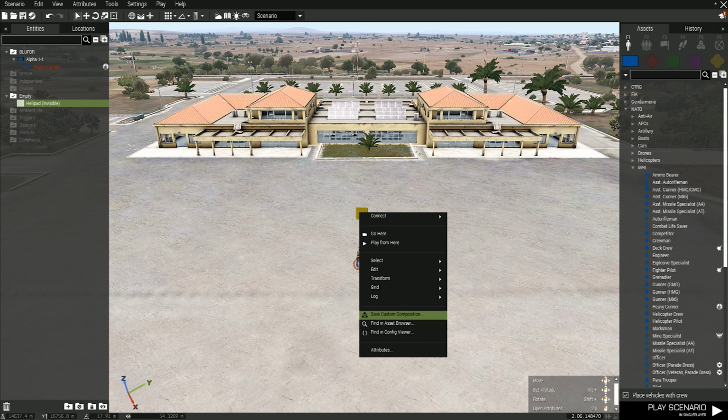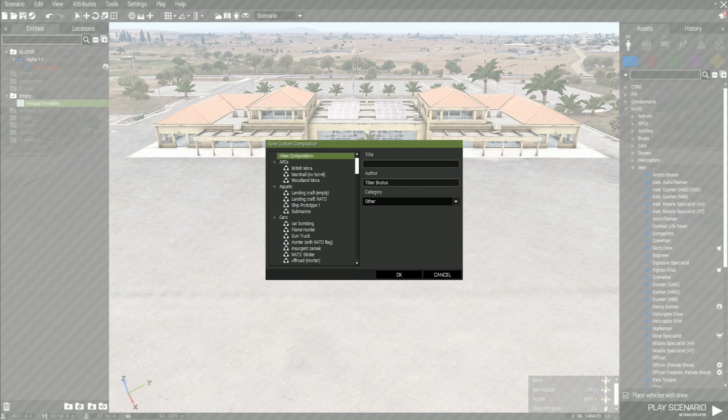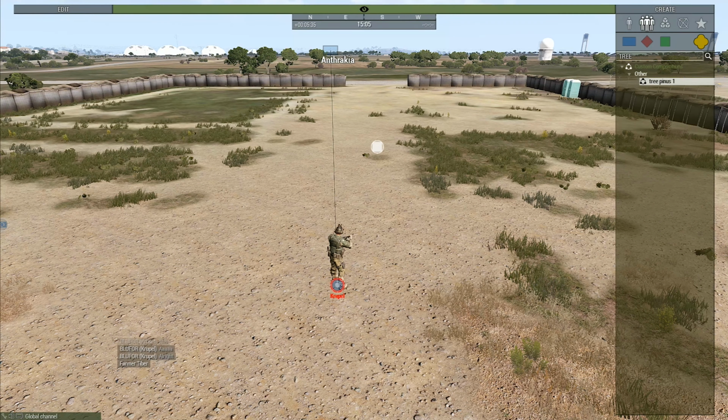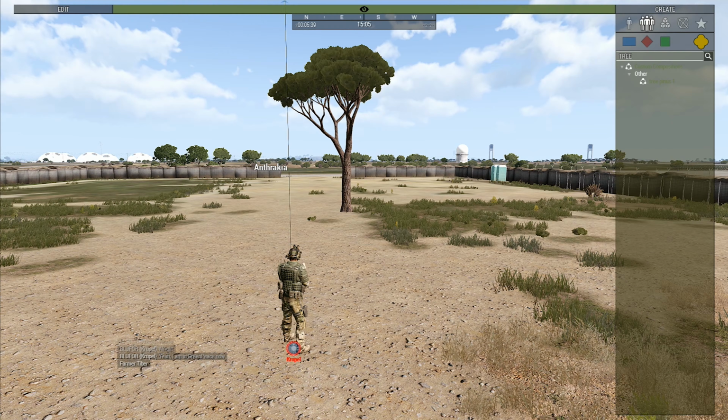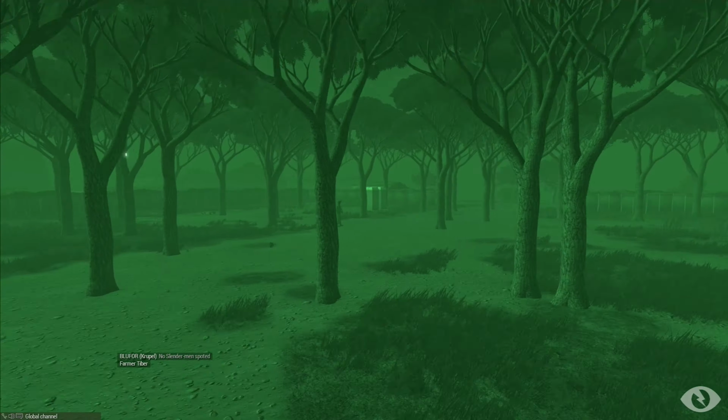Step 3. Save the invisible helipad as a custom composition and leave Eden Editor. Step 4. Go to an official Bohemia public Zeus server, go to the compositions and empty subcategory and select the saved composition and left click anywhere or press Alt and left click, and that's how you spawn trees in public